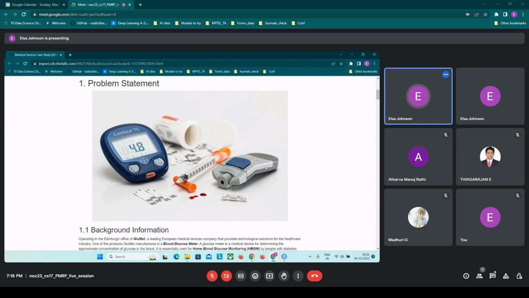So today, as the attendance is very low, I thought we will go with the problem statement for the medical devices data set. Okay,